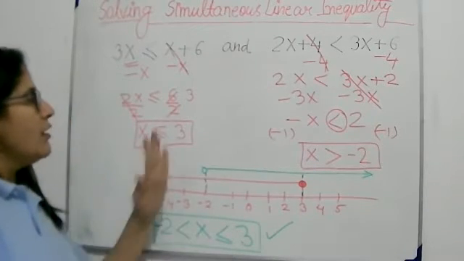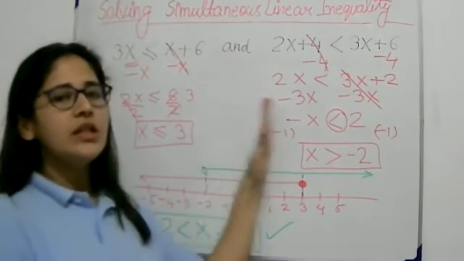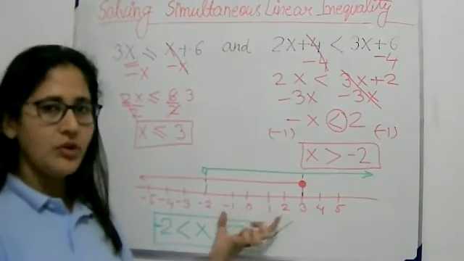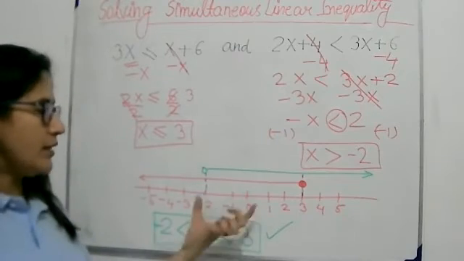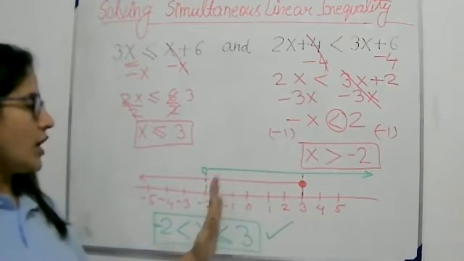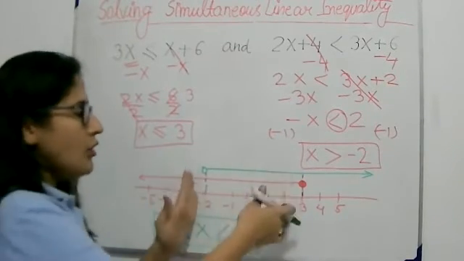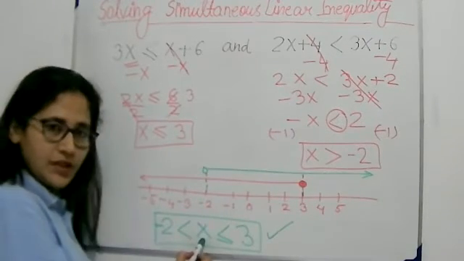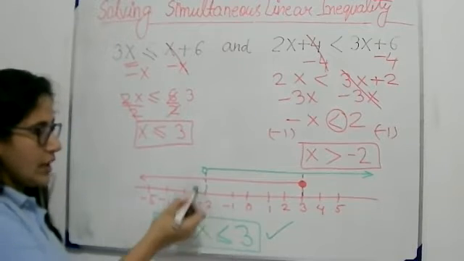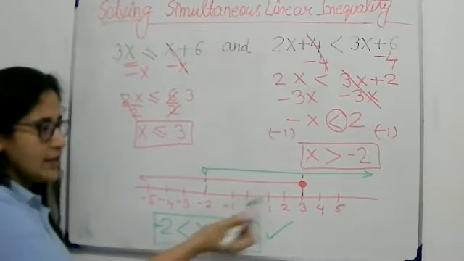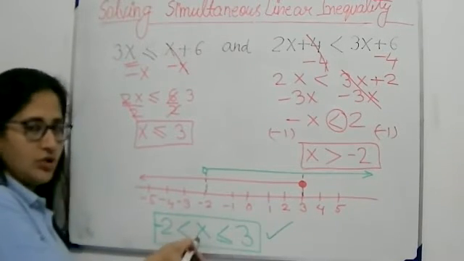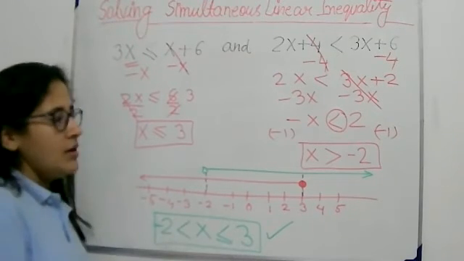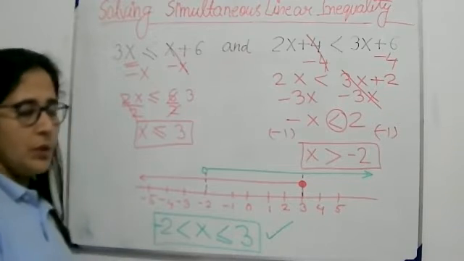The method should be clear. What we have to do is solve each inequality separately. Then we will consider only the common solution. For considering the common solution, we can represent it on a number line. Then we will see which are the common solutions, which is the overlapping area. That means this is the common solution. How to write this? x first. So all those values which are greater than -2 and less than or equal to 3 are the real solutions of both inequalities. Let's solve more examples, then it will be more clear.